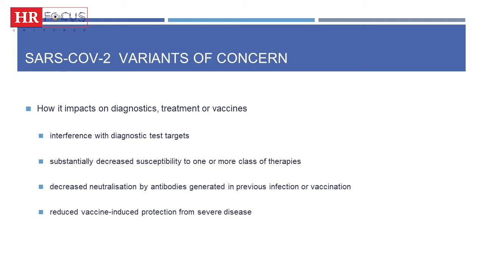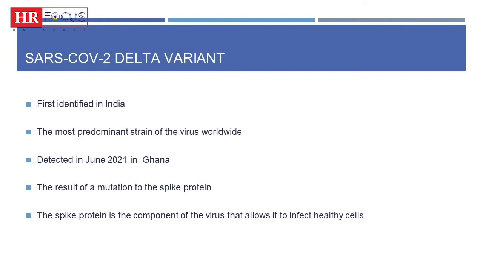Also, one of the concerns is, will the antibodies that our bodies produce against this COVID virus be strong enough to protect us in the long term? The other thing too is, the vaccines that are currently available, will they actually give us protection in the long term against these mutant variants? We'll answer these questions as we move along.